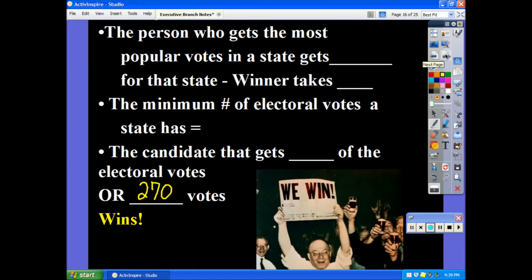It's important to note that in our early history, presidents and vice presidents ran separately. However, for the last 110, 115 years, presidents and vice presidents have run together as a ticket. When you vote for president, you automatically get a certain person for vice president. You don't vote separately for a vice president.